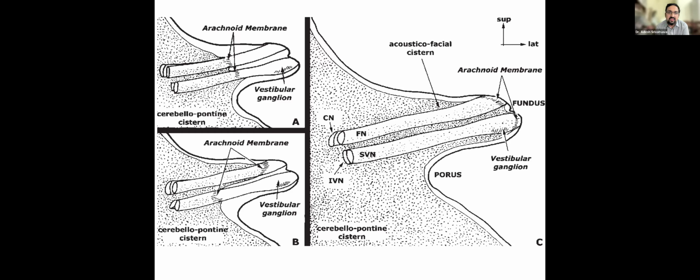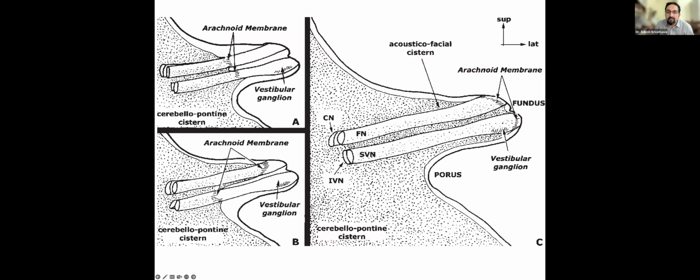It may end just at the level of the entry of the meatus, or may extend differently for the two nerves, or may even reach up to the fundus, which is often seen as a fundal cap of hyperintensity,